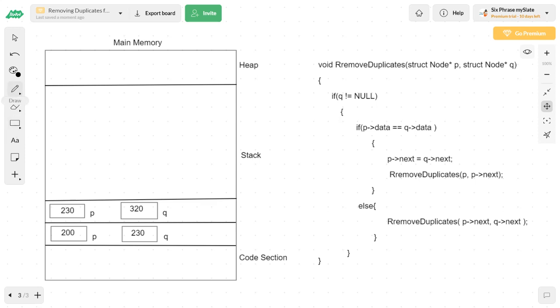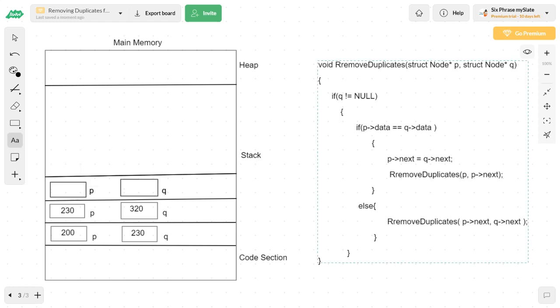For this recursive call, I need to create a new activation record, and this will have two different blocks for pointer P and pointer Q. So block 1 and block 2. Block 1 we can name as P, and the second pointer we can call Q.